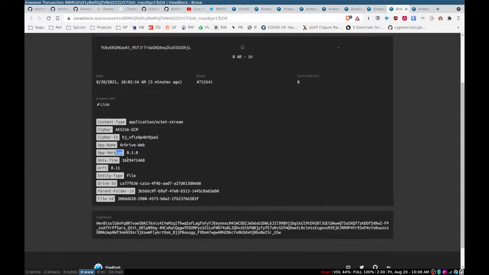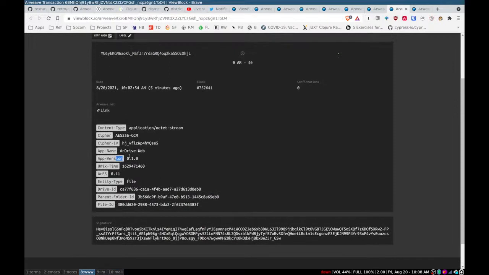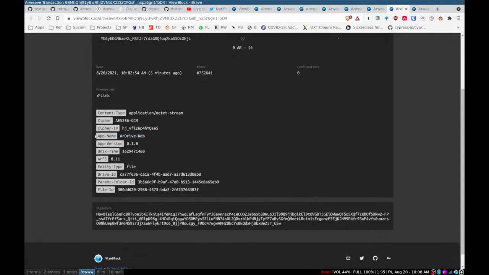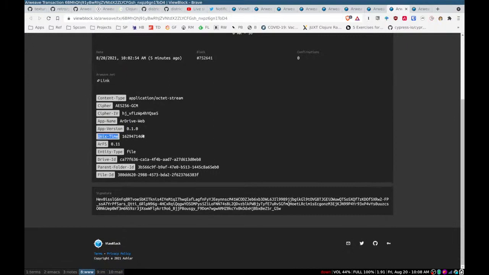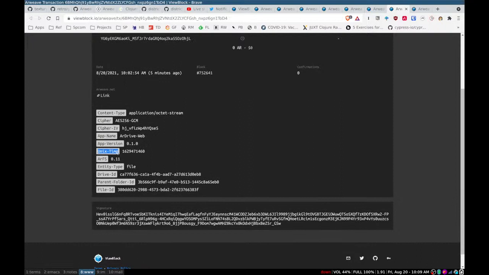Application name, application version, and some of these tags too. There's no requirement, but some of these are things that you should probably follow yourself if you're building an application. So we have app name, app version, Unix time of when this was created, presumably,